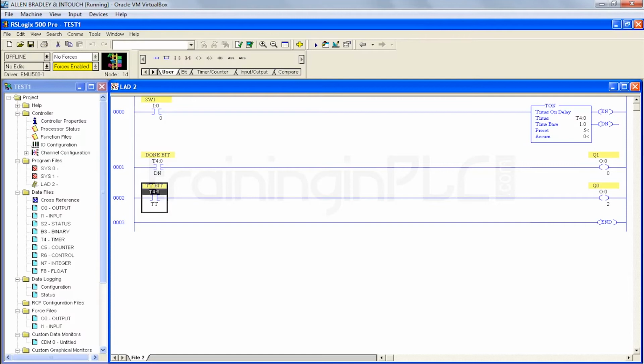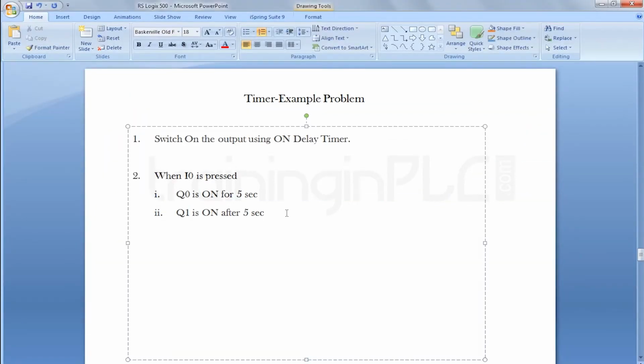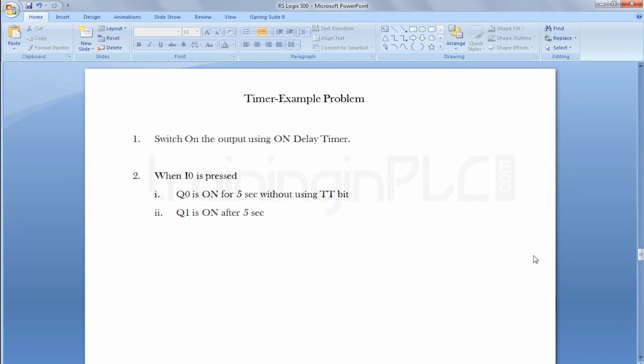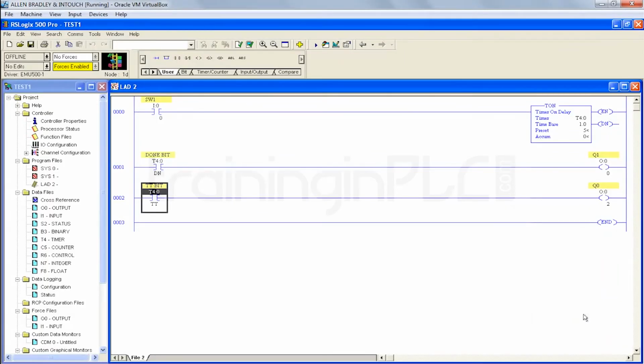If I am giving the condition like this, without using the TT bit, how can we turn on the Q0 only for 5 seconds? Because we need to do the logic as per the requirement, right? So if we have a constraint not to use a TT bit, then how can we make this possible?